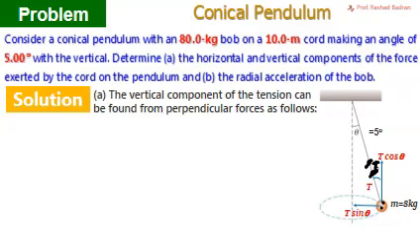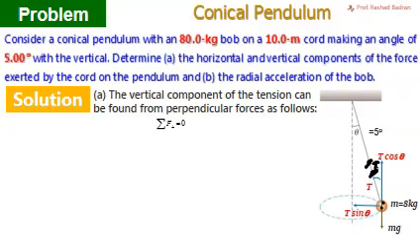And to find the vertical component of the tension, we have to see also in the diagram that the other force opposing the vertical component, T cosine beta, is that of the weight of the ball. By writing the resultant force perpendicular to the circle equal to 0, because as we said before, they are balanced, they don't affect the circular motion